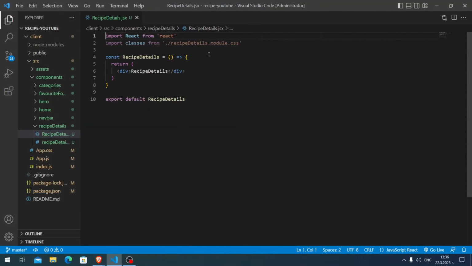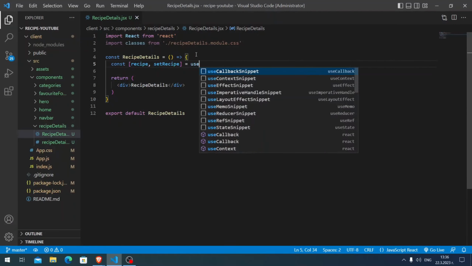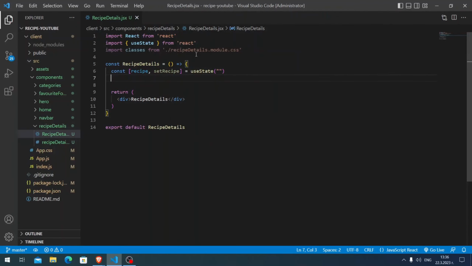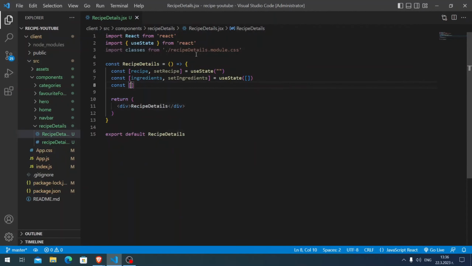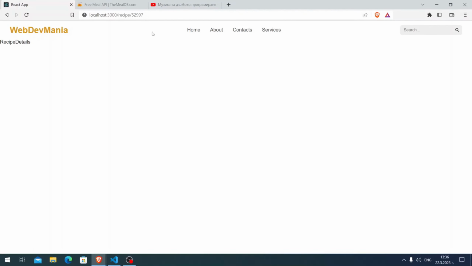So here I'm going to have some state first. Const recipe, setRecipe is equal to useState, an empty string. Then const ingredients, setIngredients is going to be equal to useState, an empty array. Then const measures, setMeasures is equal to again an empty array here. And then const URL_DETAILS is equal to, so let me go again to TheMealDB,